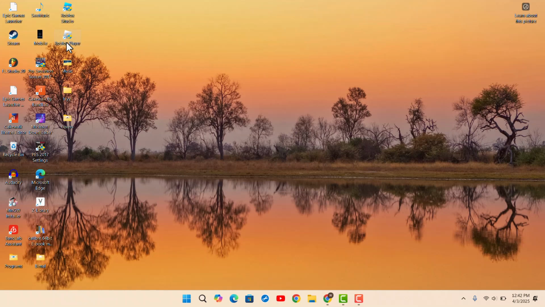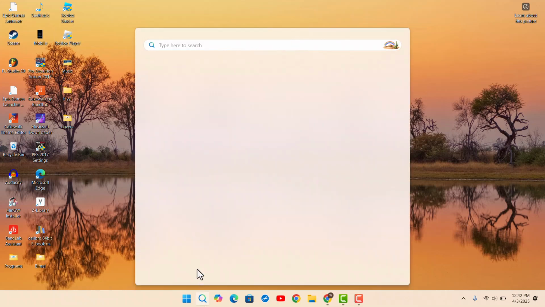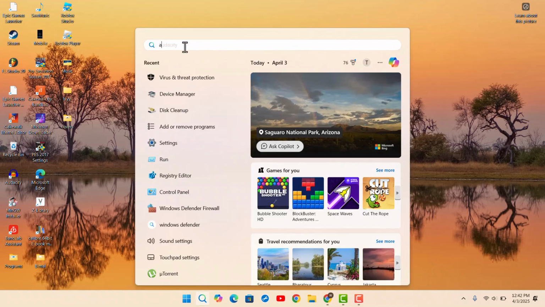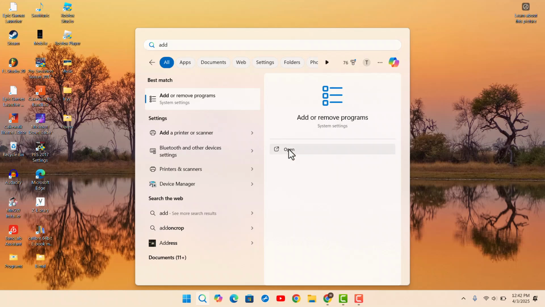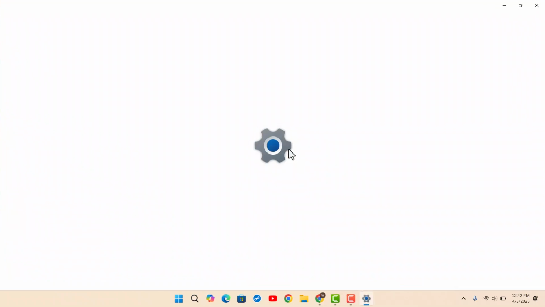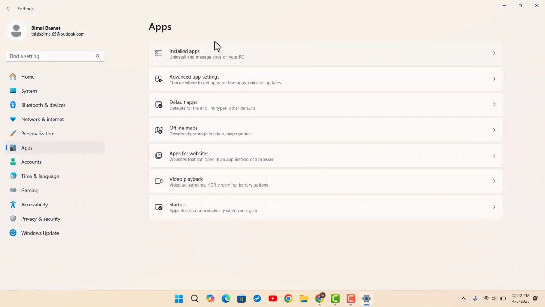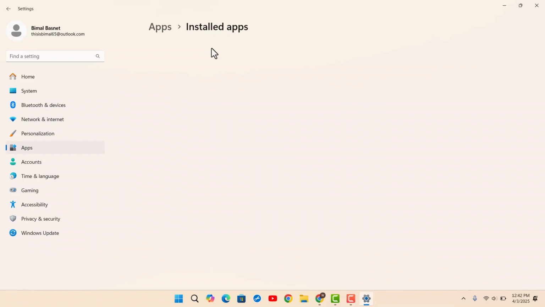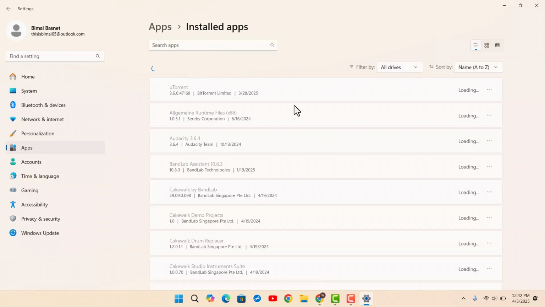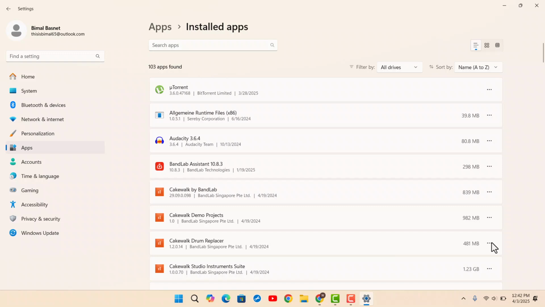Despite doing this procedure, if nothing seems to be working out, then you want to simply uninstall the Roblox Player. So for that, you want to come to the search engine and type in add or remove and click on the open button. After which, what next you want to do is come to apps, and here you want to locate Roblox Player, or just go to installed apps, and then make sure to locate Roblox and right click on the mouse and click on uninstall, and once again